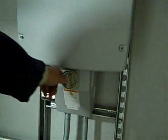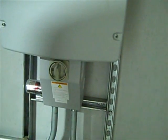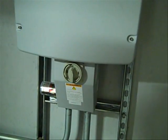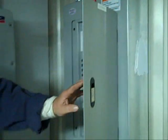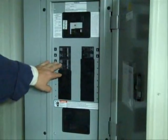Okay, and are those switches there? Yeah, this is actually an inverter disconnect. This is an AC-DC combination disconnect, and we can shut the system off if we wanted to service just this individual inverter. We could turn it off here, or we could go over to our combiner panel, and this would disconnect. That's kind of hard to see from that angle, but inside here we have these breakers that we can turn